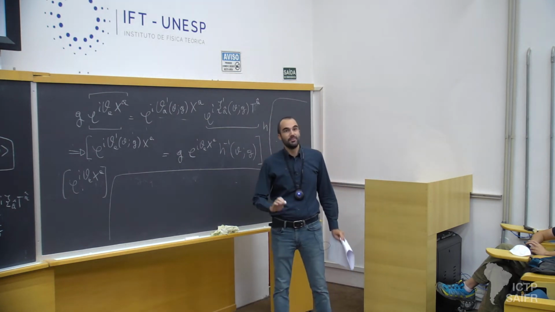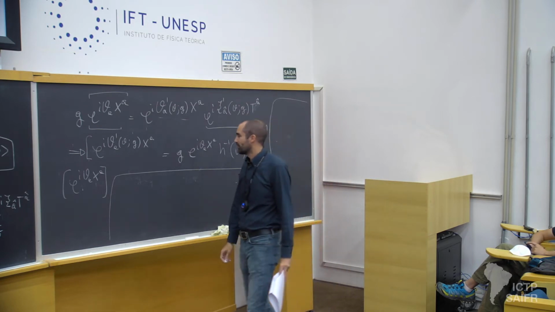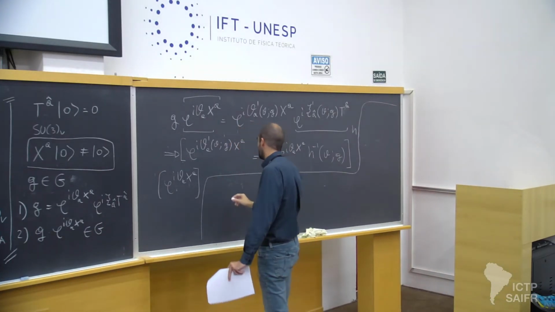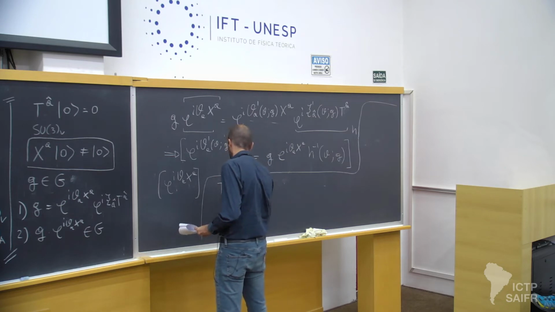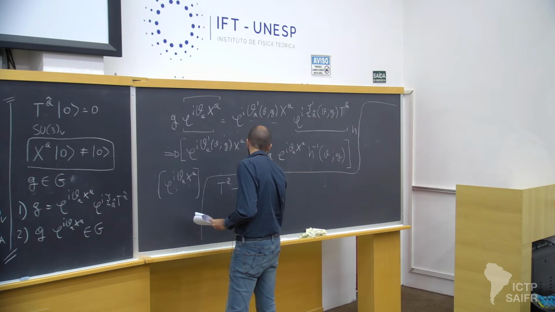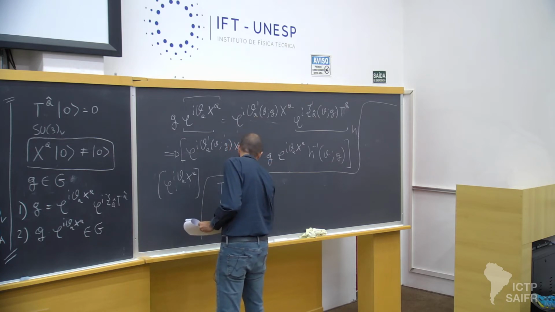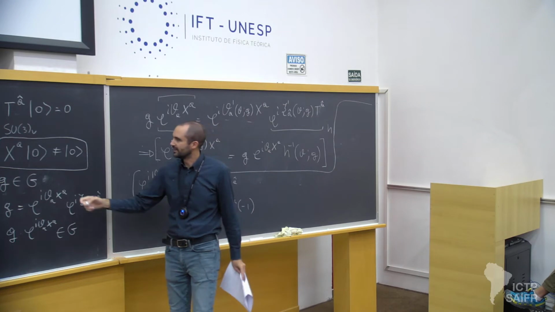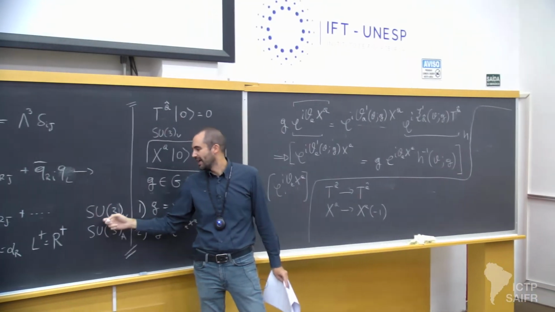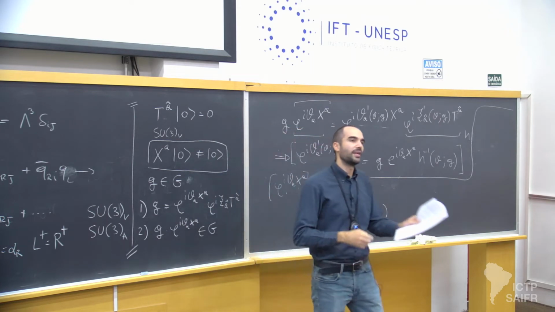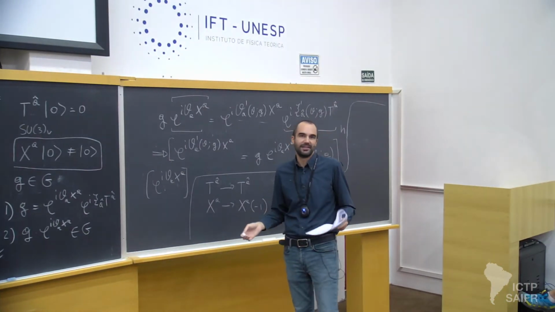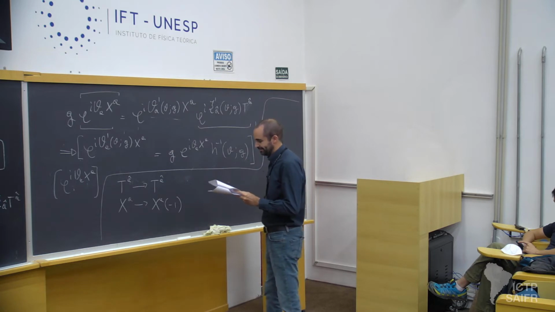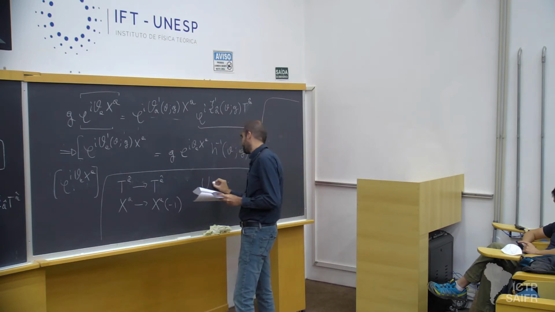However, in our case, there is an important simplification that can be made. Since our group is this SU3 left times SU3 right, you can immediately notice that there is a transformation that leaves the group invariant. If you send the generators of the axial part to minus themselves and the vector part to themselves, then essentially you're just flipping left with right. Since your group was left times right, right times left is the same thing. And in this case, it's very convenient to work with this object,